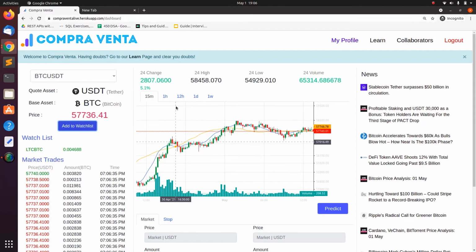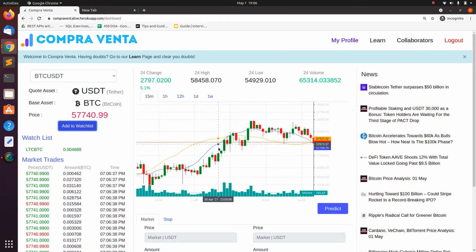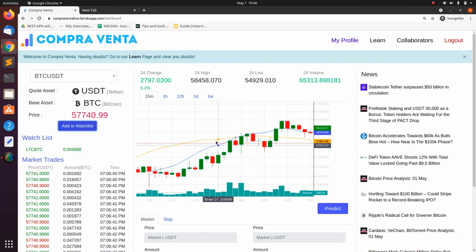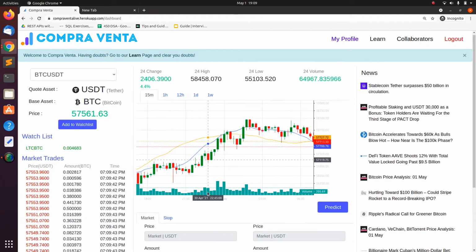Now coming on to this chart. This graph consists of 3 charts. First is the candlestick chart. Firstly, we'll select the time interval for which we want to see the candlesticks and we'll get the chart accordingly. Here I have selected the 15 minutes interval. Candlesticks here are made for every 15 minutes interval, which would show us the change in the value of the base currency as compared to its previous candlestick.